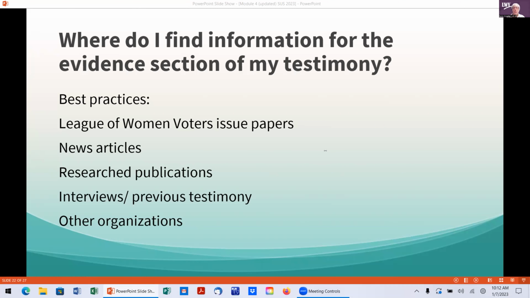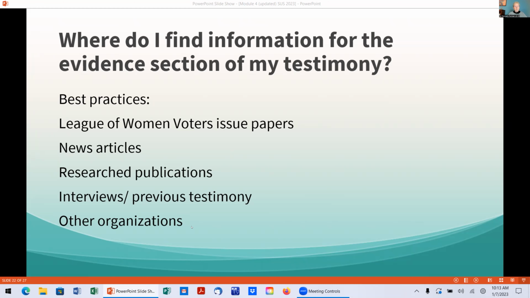And Pat, this is Karen. I'm seeing several comments about trying to cut down what you want to say to fit into the allotted time. So you might reference again the difference between your written testimony and actually testifying, because you can put more in your written detail than you might be able to actually speak to. That's exactly right. And that's why it's so important to have that full written testimony, because even if you're cut down in time, you can leave the full thing. I will say, though, that one page is about all that, in terms of the written work. That's about as much as people are going to look at.